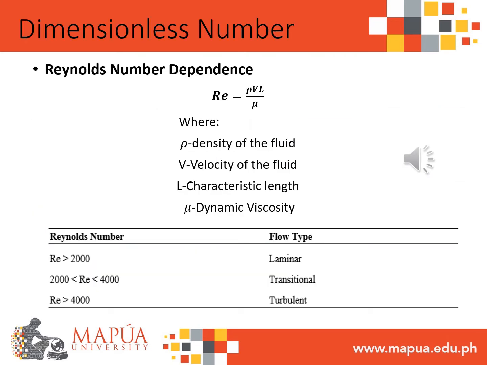Moving on, I will now be discussing the dimensionless number, which is the Reynolds number. The Reynolds number can be represented by this equation: the density of the fluid times the velocity of the fluid times characteristic length over dynamic viscosity. The main purpose of the Reynolds number is to become a criterion to distinguish whether the flow is laminar, transient,